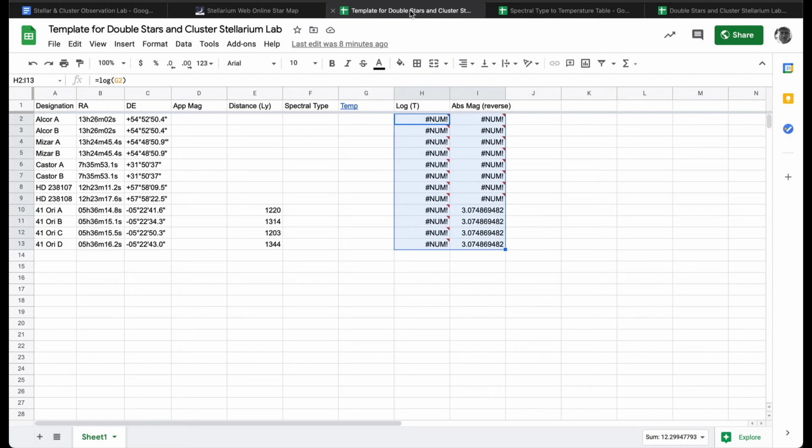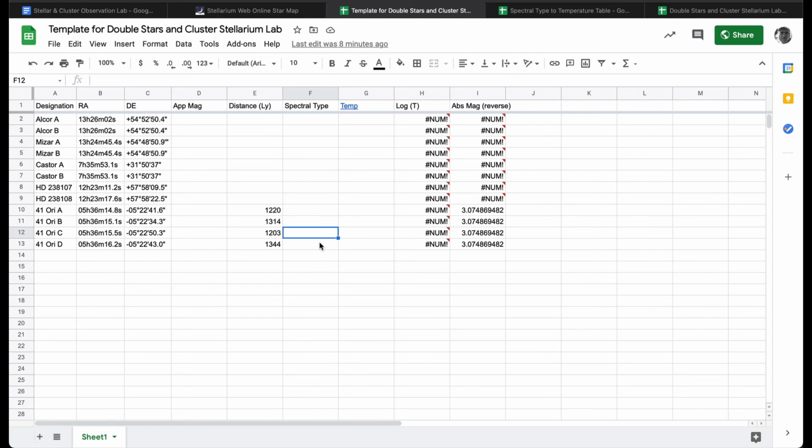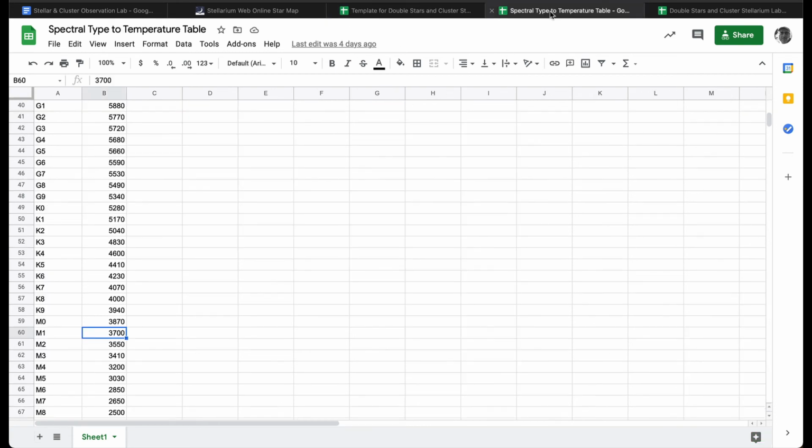And in this case, I had to look up the distance for you. I went to find a paper that referred to it. So you'll fill in the absolute magnitudes from Stellarium, the distances from Stellarium, the spectral types from Stellarium. And then once you have one, so like, hang on, Theta Orionis D, which is 41 Ori D, is a B1.5. So I would come over to the template, and for this one, I would write B, let's call it a 1. So now I've got to click on this link to open up this thing and go to the B's. B1 is 26,000, copy,